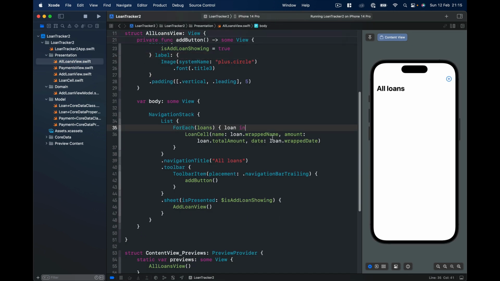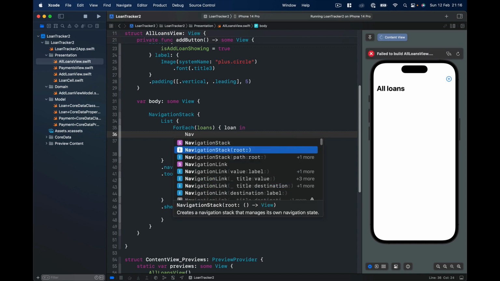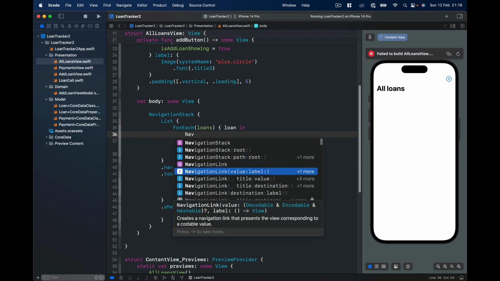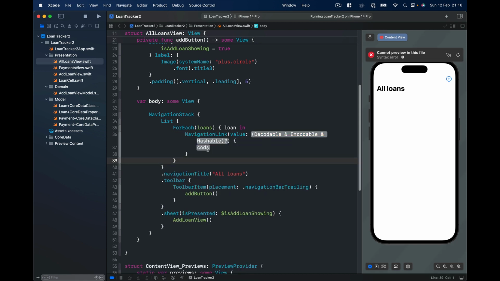We are going to put our navigation link on our cell. So we are going to get our cell and wrap it inside our navigation link, so that our navigation will take it as a button kind of thing. So let's come here, say navigation link, and we will have a value and a label. The label is our loan cell,